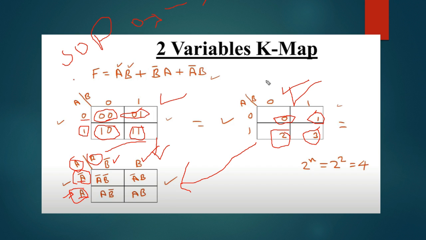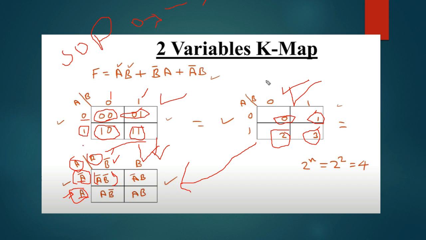The same goes for this column or this row, whatever you call it, but because of this 0, I have written down B bar here. The same goes for this one as well. As we have 1 here, I have written down B here, not B bar. This is what you need to remember. And in this place, as you can see, this cell comprises this A bar and this B bar.